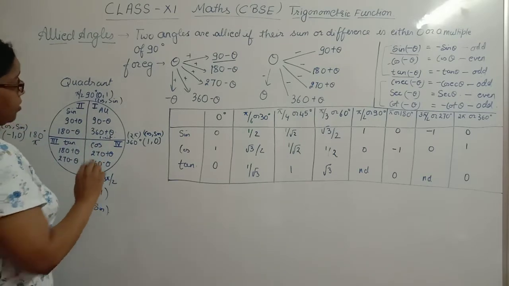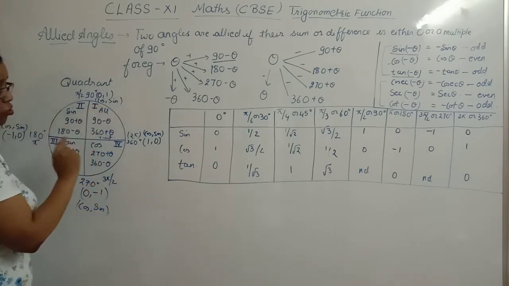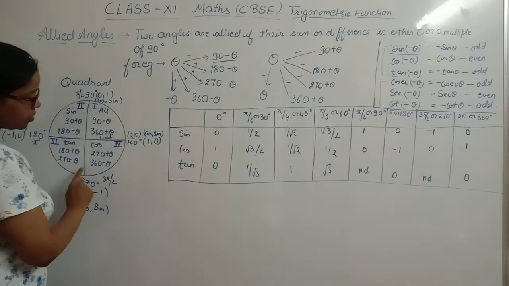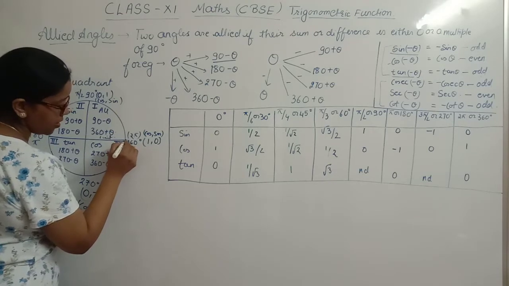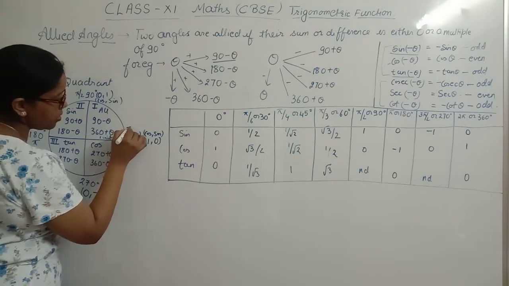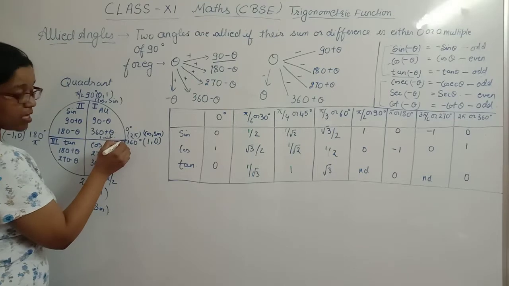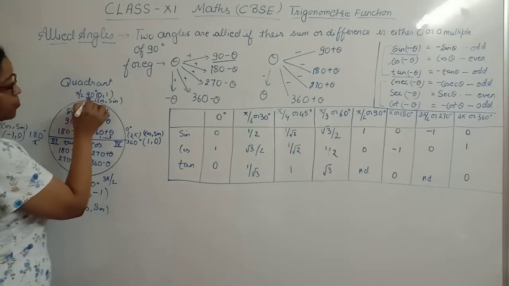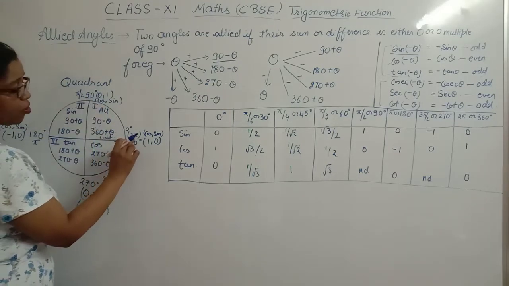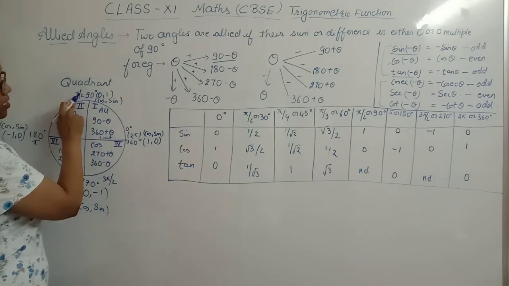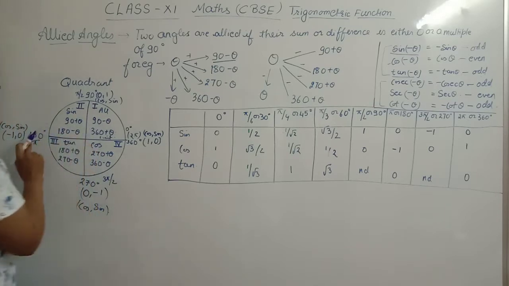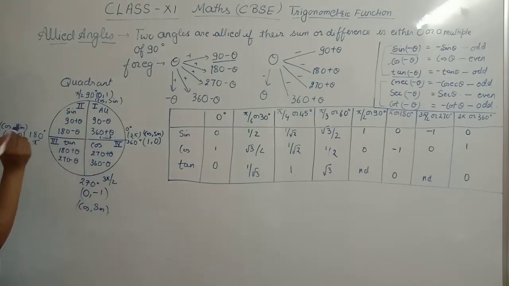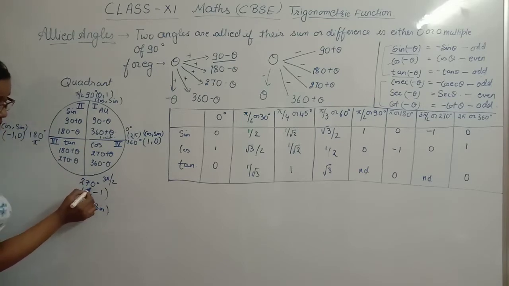Okay. Now this is the first quadrant. When you are dividing it by the two diameters, you can see that this point is the 0 degree. This point is representing 90 degree. In radian form you can write 90 degree as pi by 2, and here it is 0 degree, which is 2 pi. Now coming to 180 degree, this point is representing 180 degree and this point is representing 270 degree.